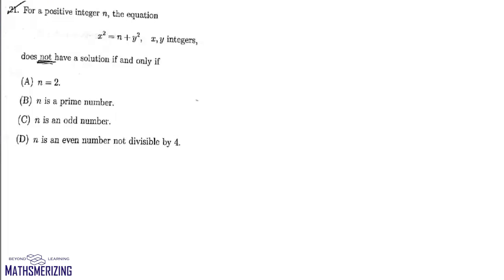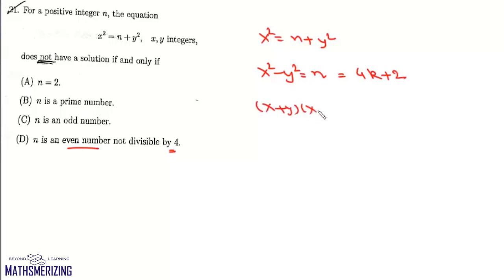Now question number 21 is, for a positive integer n, the equation x square equals n plus y square does not have a solution if and only if. Now we can write x square minus y square equals n. Now if we take this n, an even number which is not divisible by 4, we can write this n as 4k plus 2. Now we can write (x plus y) into (x minus y) will be 2 into